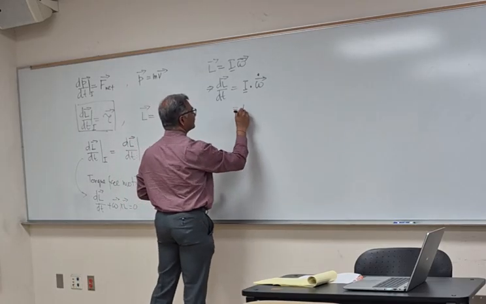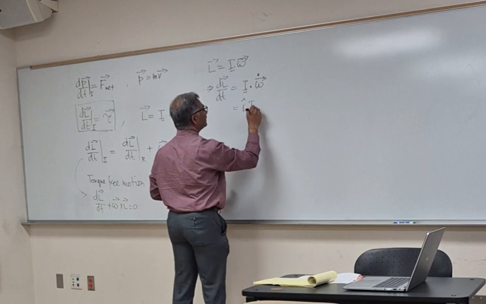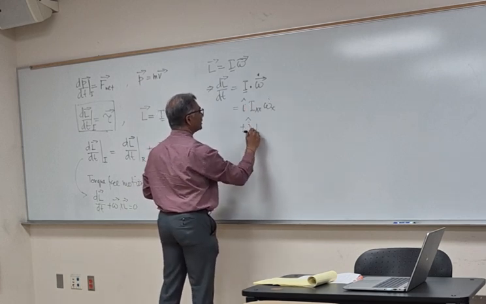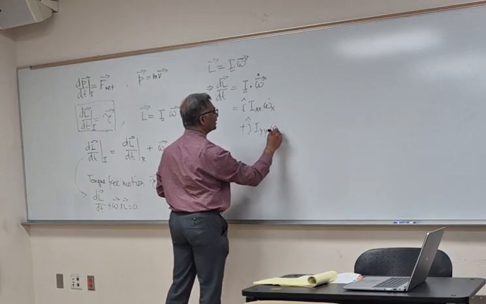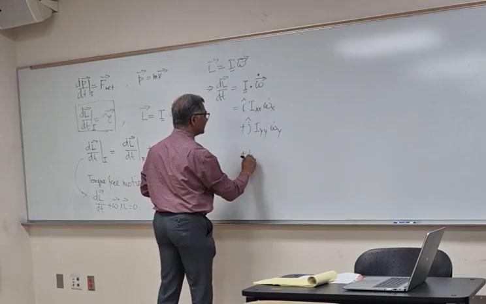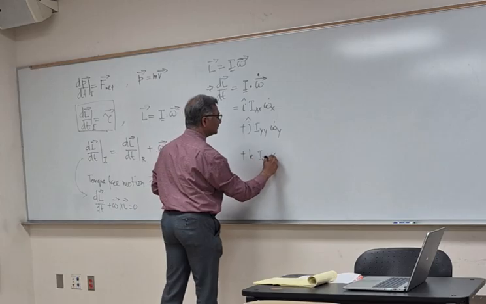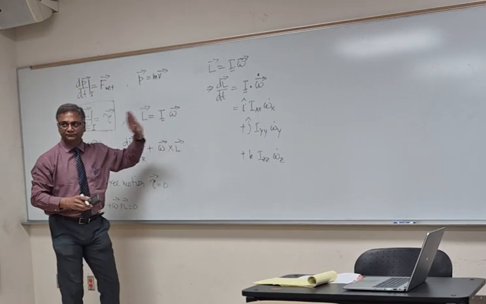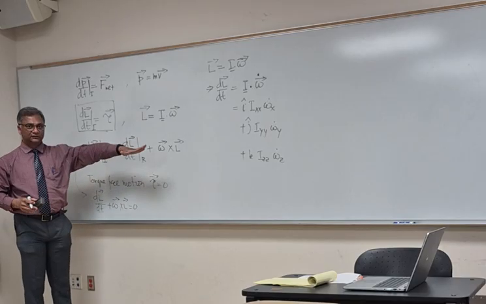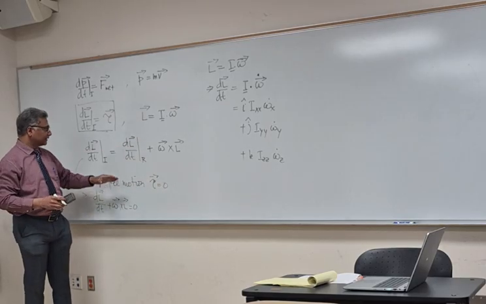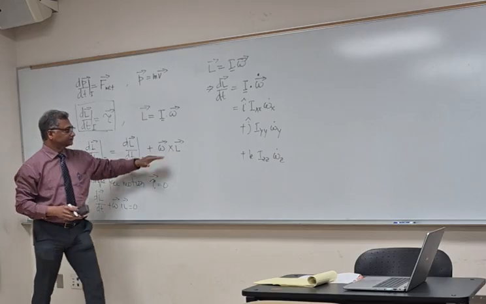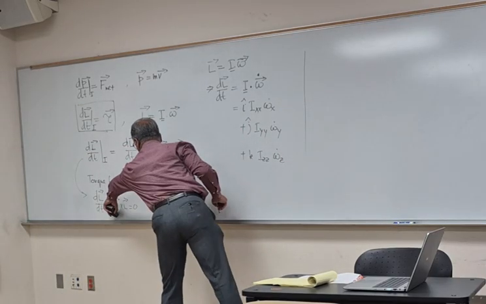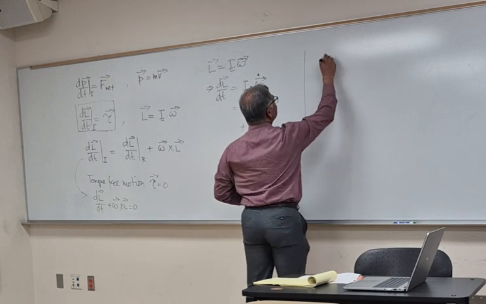The first term I can write as i I_xx omega_x dot plus j I_yy omega_y dot plus k I_zz omega_z dot. Agreed? So this is plain and simple. So what about the other term? Other term, so this is from this term I got that. So omega cross L,